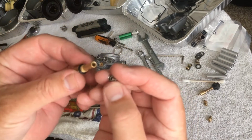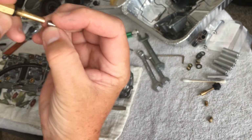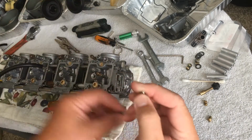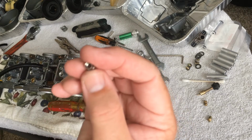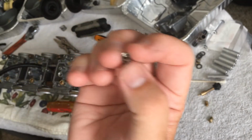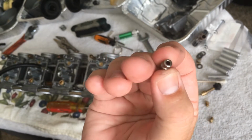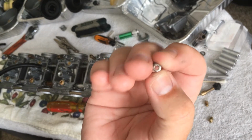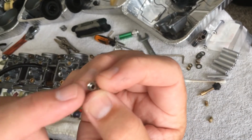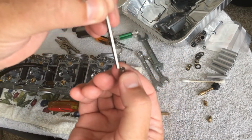Now, before I put the main jet in, this little spacer down here fits inside the carburetor, and the diaphragm needle goes in here. This could go a couple ways, and one of them is bad. There's an open end, and if you flip it over, there's a much thinner non-open area. You want this open area where the needle would come inside here. You don't want